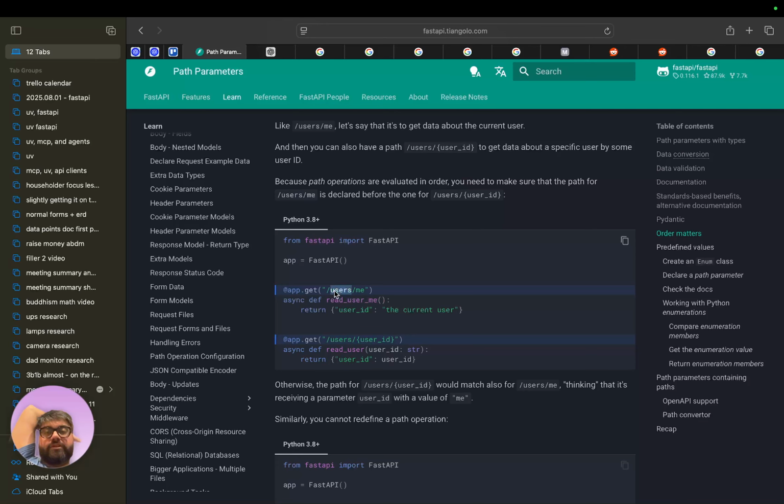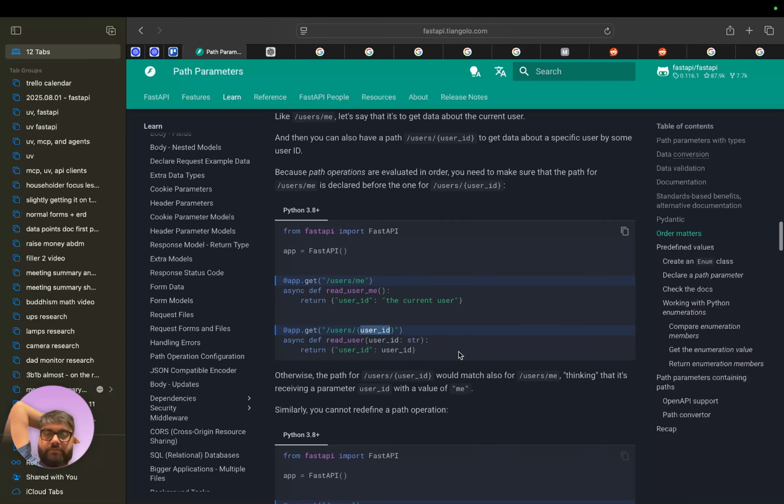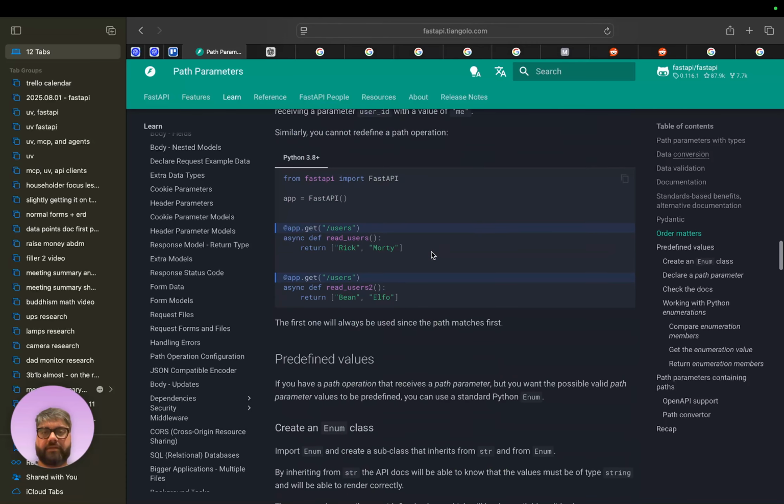You need to define this before this, because if you do it the other way around and you send user slash me, because this is the first one that comes up, in the hypothetical situation where this was above this, it would just enter this, presuming that me is some input of type user ID, right? Instead of going to check the next one. Even if this wasn't a user ID string, say it was an integer or something, it would still do that and just throw an error and move on with its life. It wouldn't stop to go check the next one. So you've got to be a little bit careful about that kind of stuff.